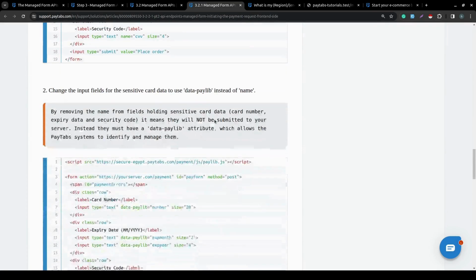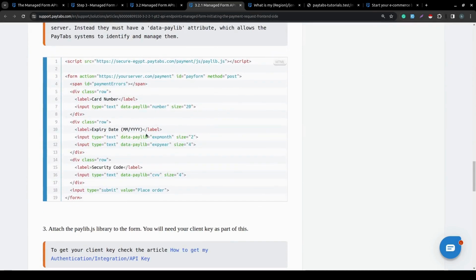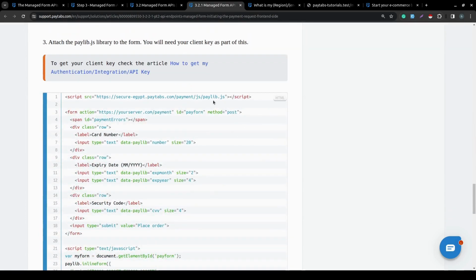Now, the next thing is to remove all the names from the card number, the expiry date, the security code, and change them with the attribute data-paylib. Now, this is a very important step. Missing it will not make the payment go through, so you'll need, of course, to change all the names for the card number, the expiry month, the expiry year, the CVV, to contain data-paylib instead of names. Once you have configured all the names to be data-paylib over here,